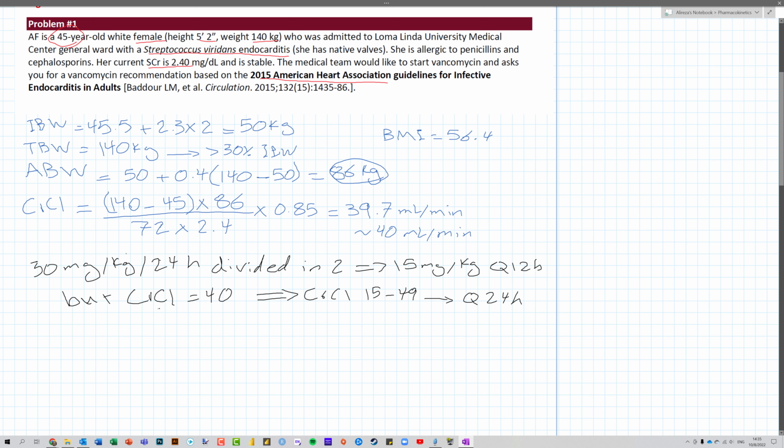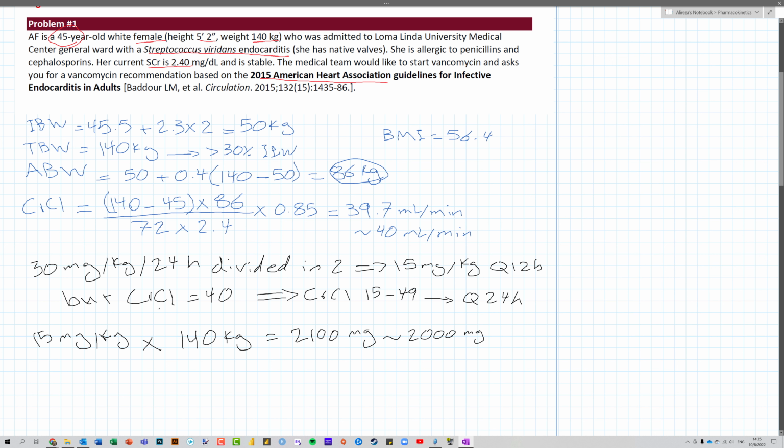Now, remember, you have to use total body weight when calculating dose for vancomycin. So this is 15 milligram per kilogram times total body weight, which for this patient is 140 kilos. Which would give you 2,100 milligram. For vancomycin, we round every 250 milligrams. So we can round this down a little bit to 2,000